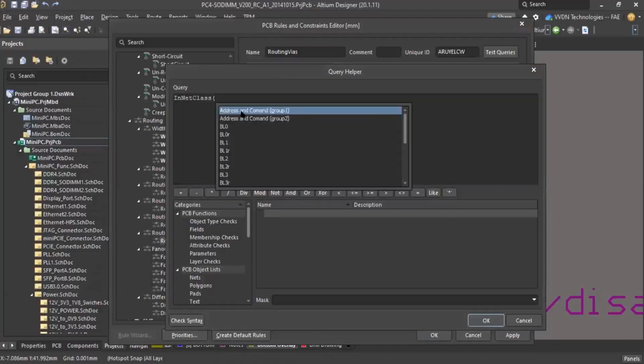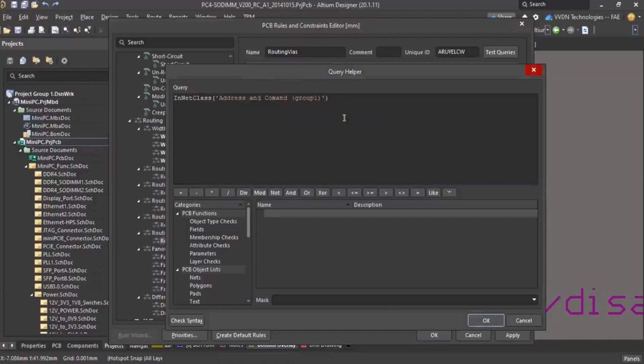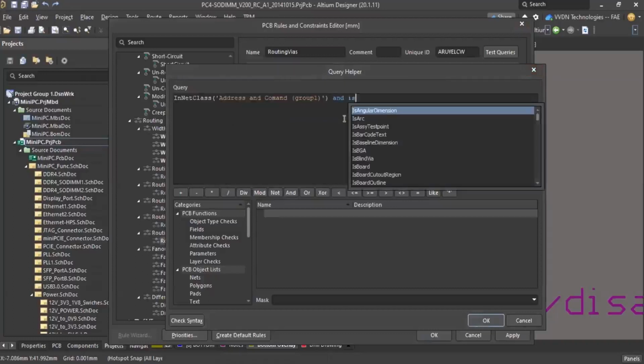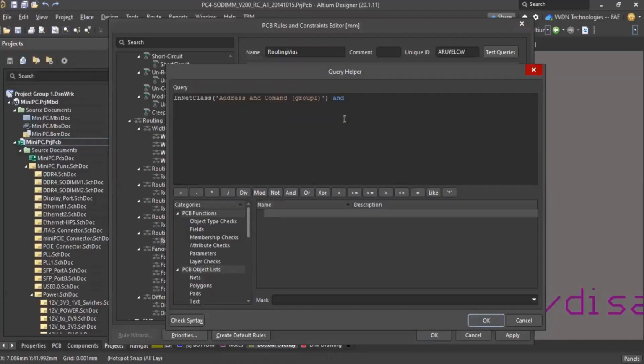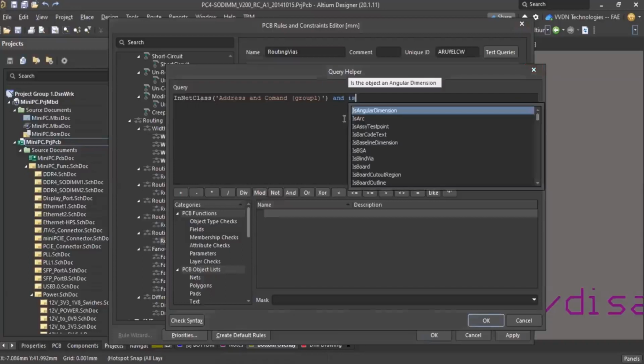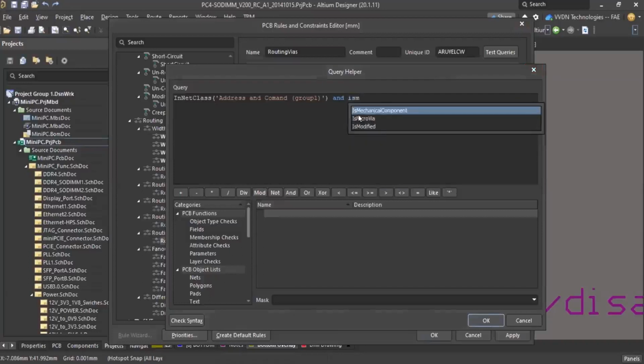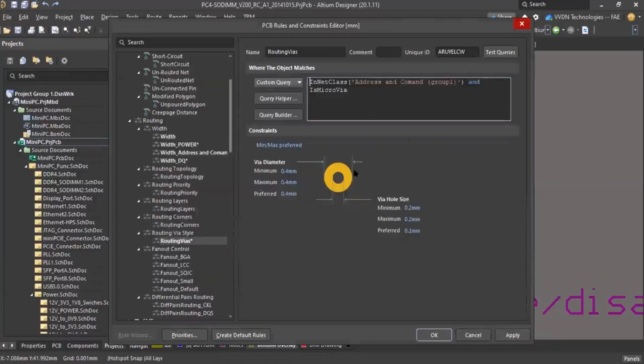Simply I'm selecting on net class, and is micro via. Like this, for this particular net class, it should be micro via. You can define the value here.